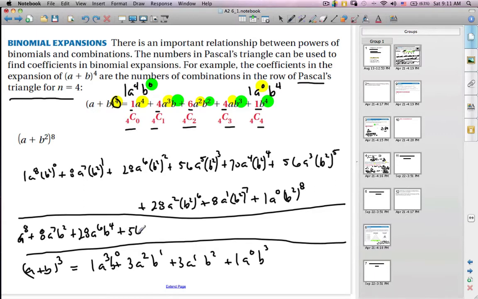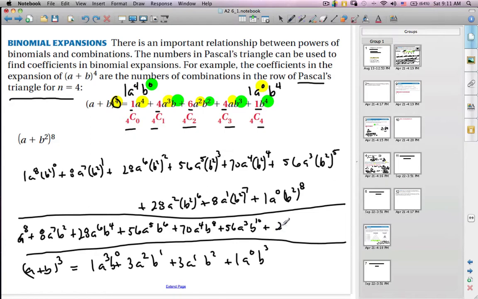Then I'll have 56, A to the 5th, B to the 6th, plus 70, A to the 4th, B to the 8th, plus 56, A to the 3rd, B to the 10th,